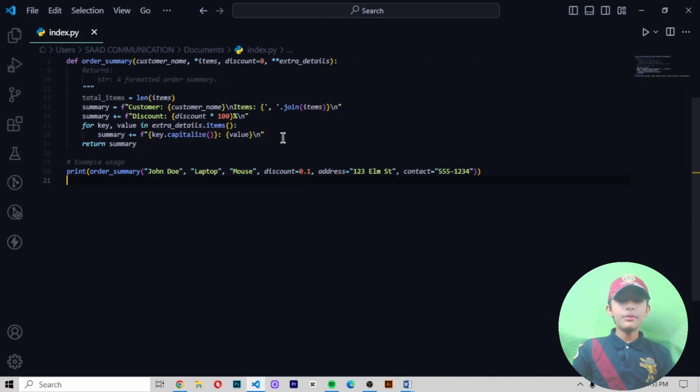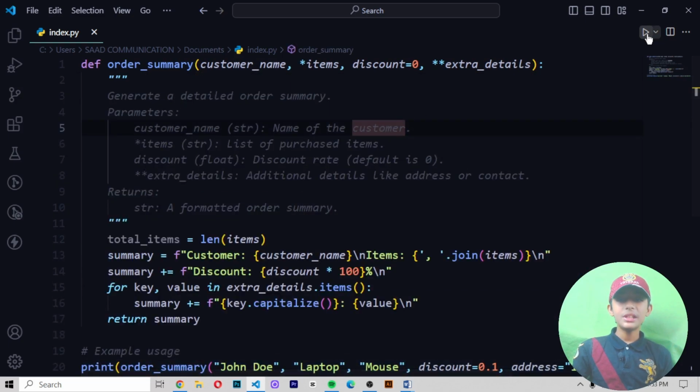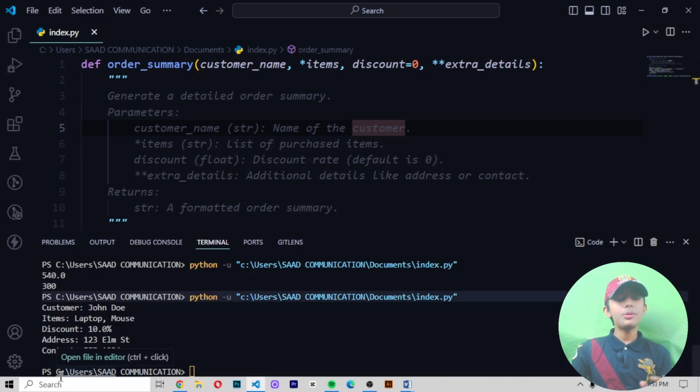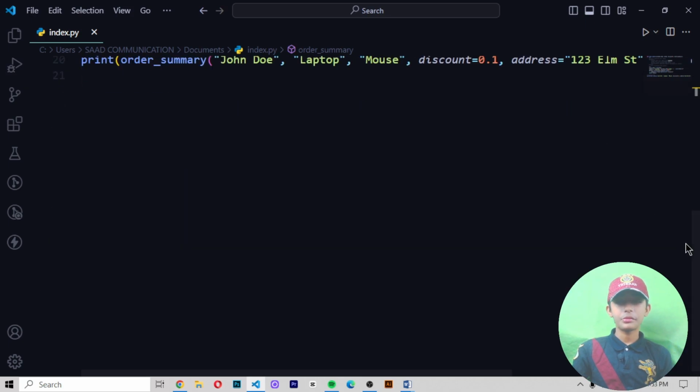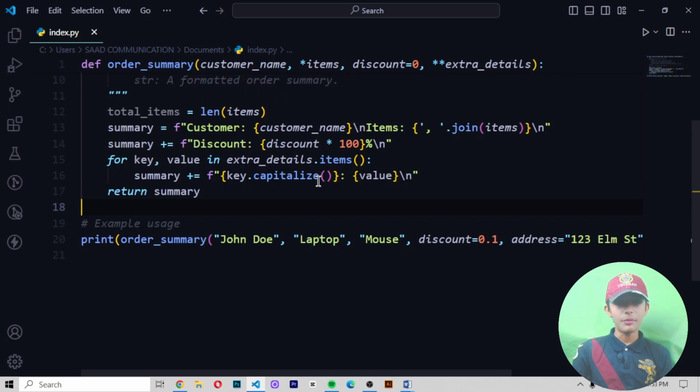This code will give you the output. Here we use the example usage. Now let me save it, and it should give me customer John Doe, items laptop and mouse, discount 10.0%, and then address 123 LMST and contact 555-1234. It gives me this because in the print statement I wrote all these things, which give this type of output.